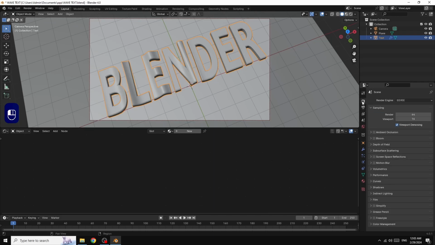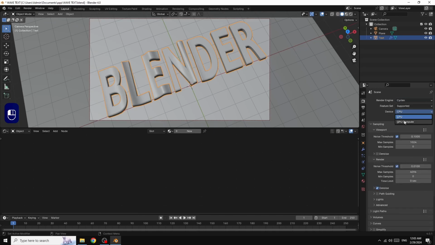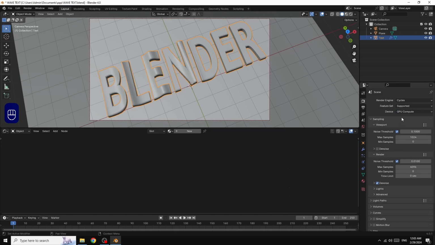Now we switch here to cycles. I activate a GPU, activate your GPU if you have one.